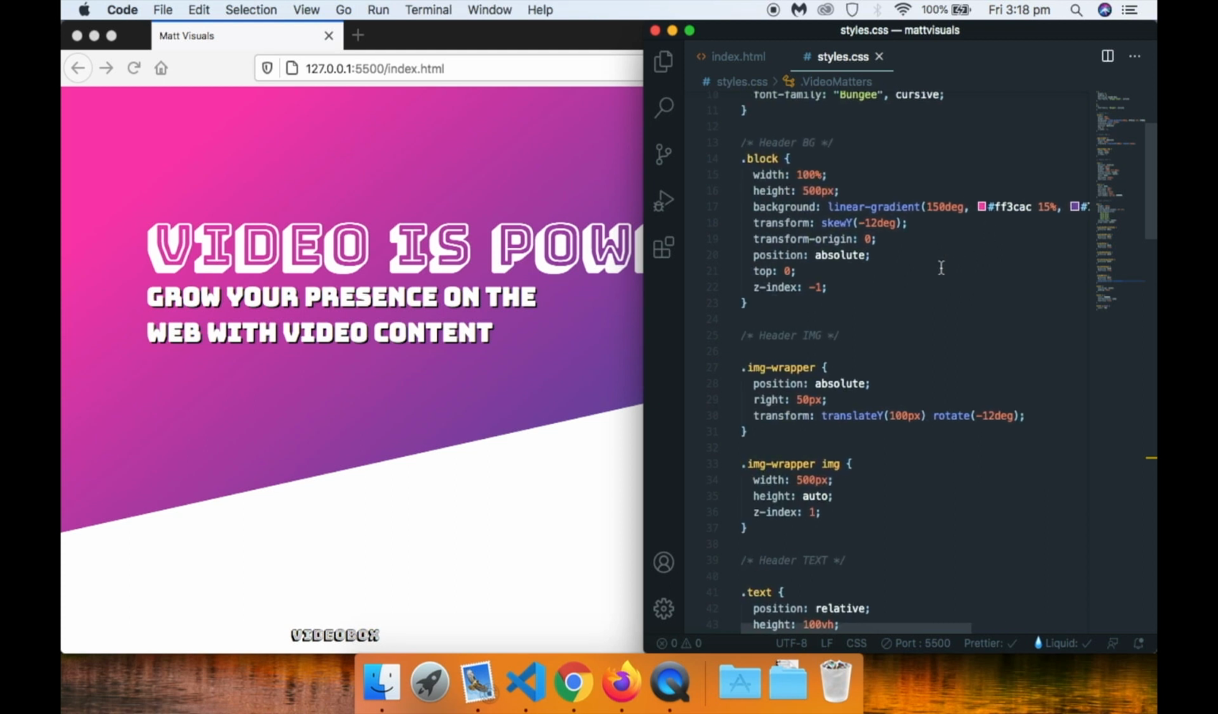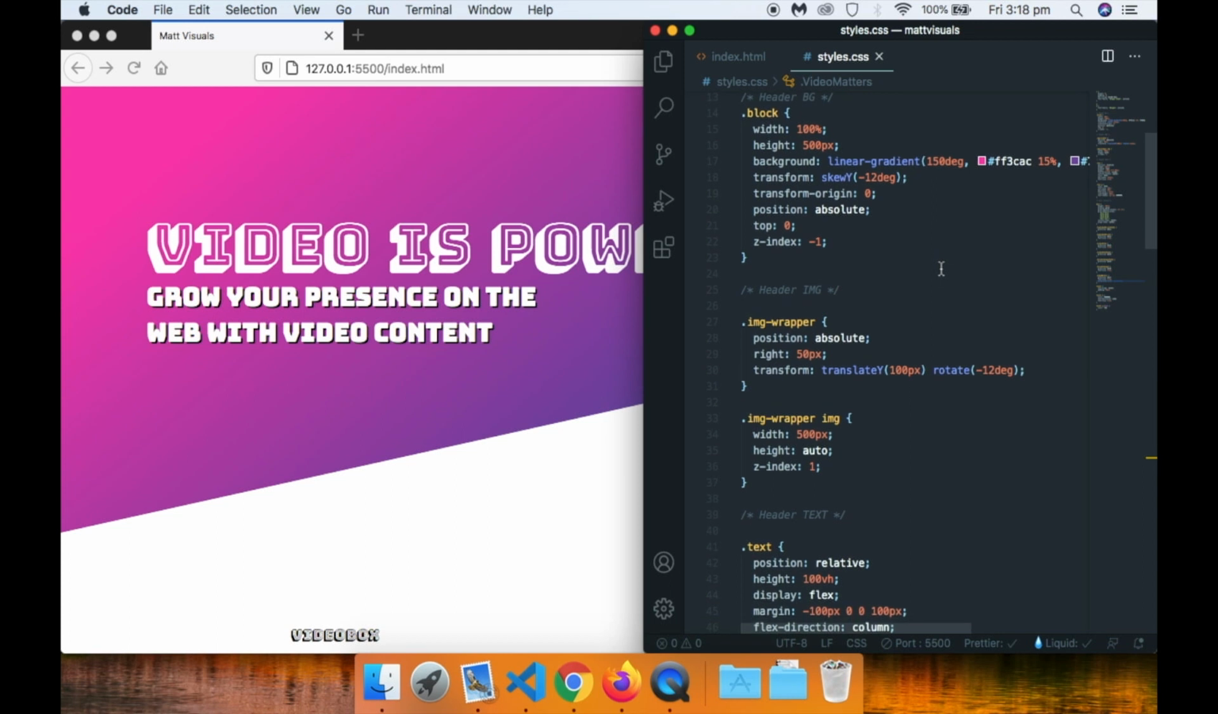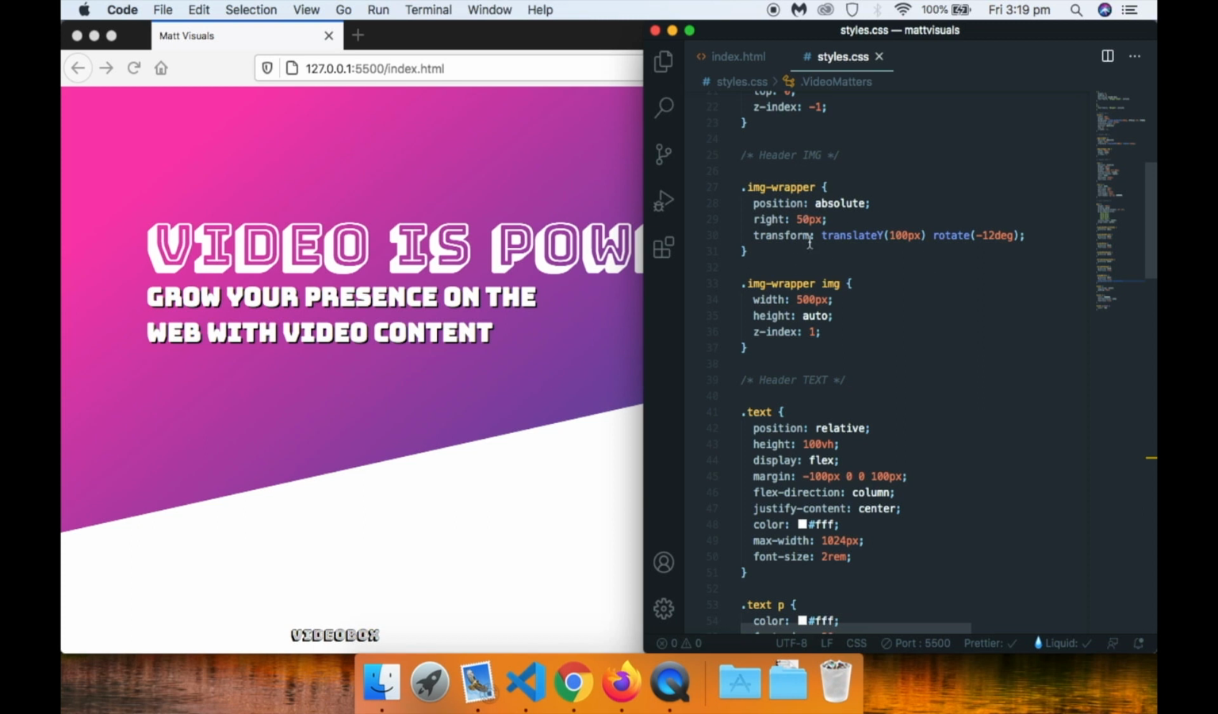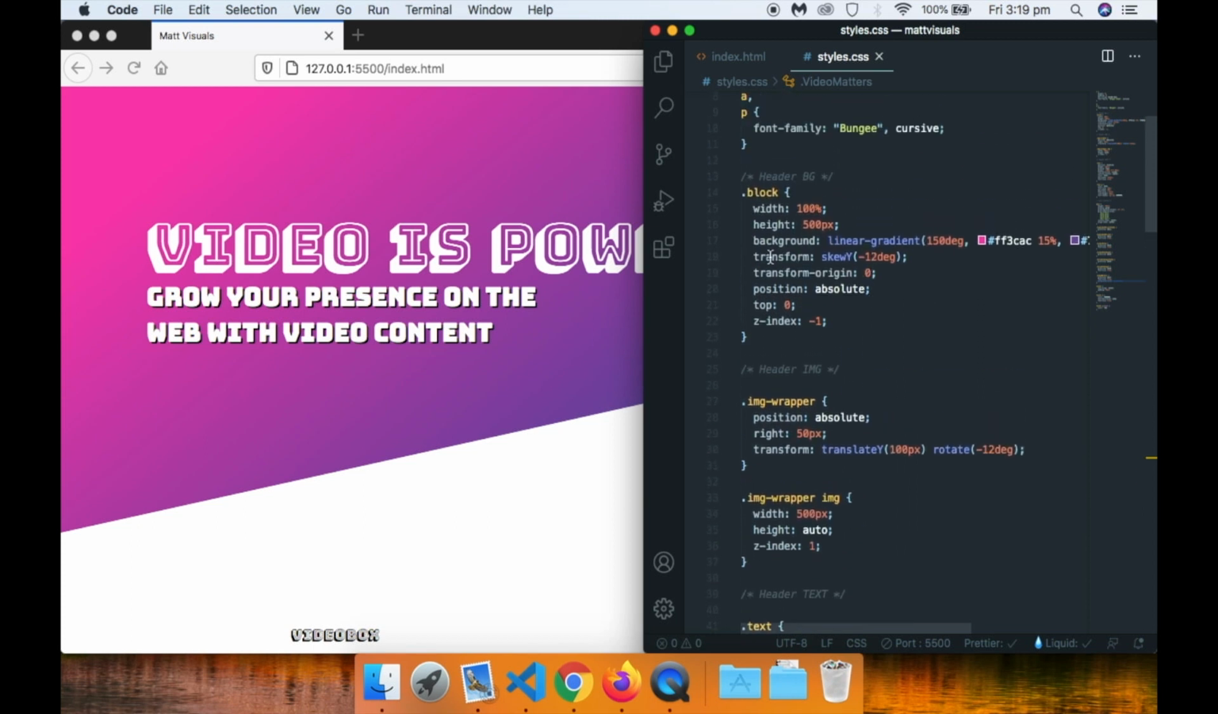What's quite interesting is I get my gradient colors from this cool site, I think it's gradient.io, which is super handy for picking colors. And then, yeah, the image wrapper. Oh, sorry, I should mention the transform. It's a simple negative 12 degree skew on this background. So that's how I get that funky little